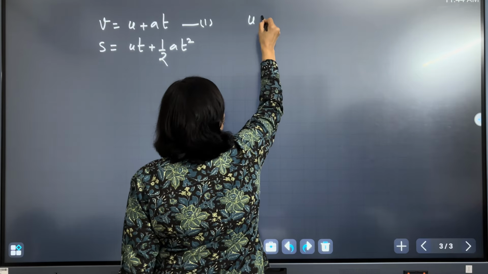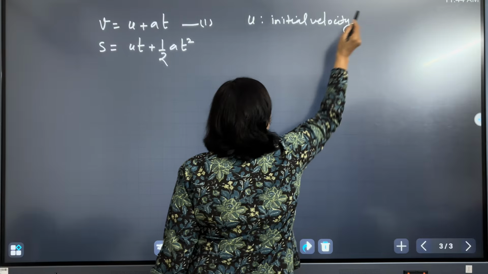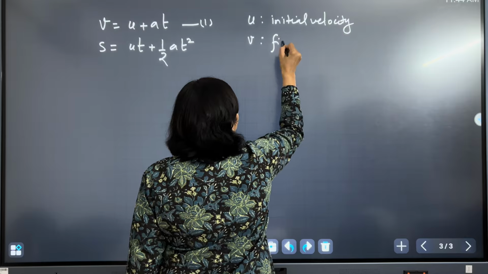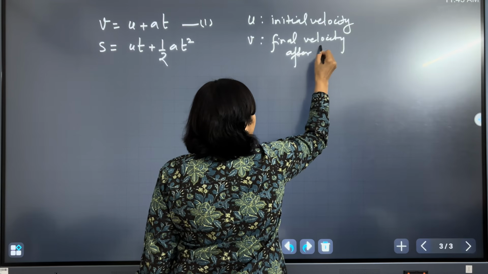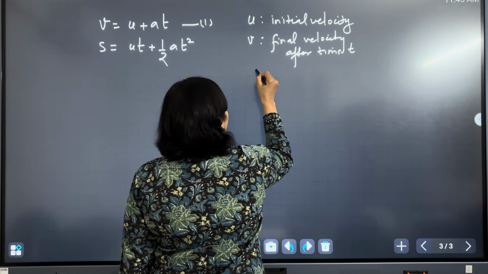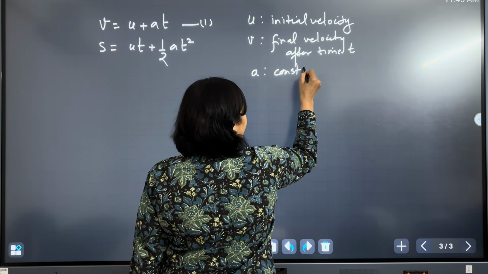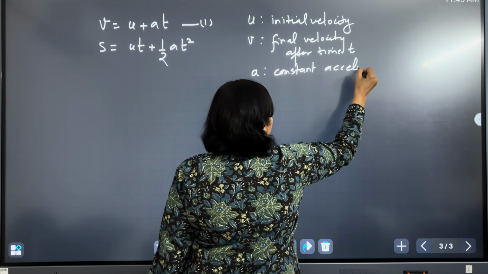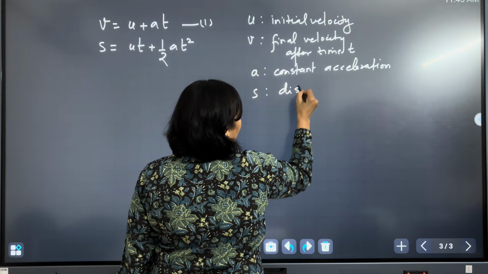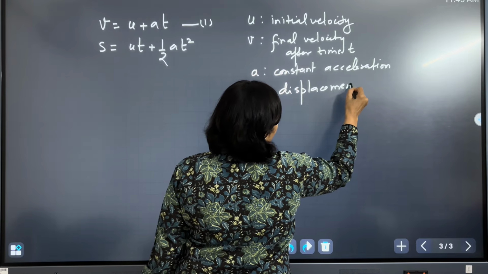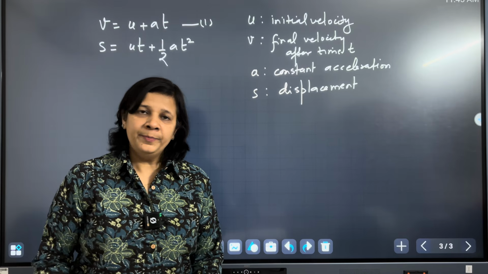Where u is the initial velocity of an object, v is the final velocity after time t, a is the constant acceleration of an object, and s is the displacement of an object. So now here,